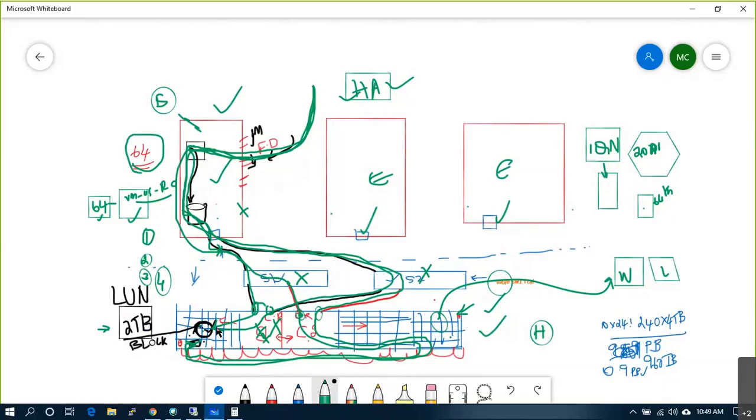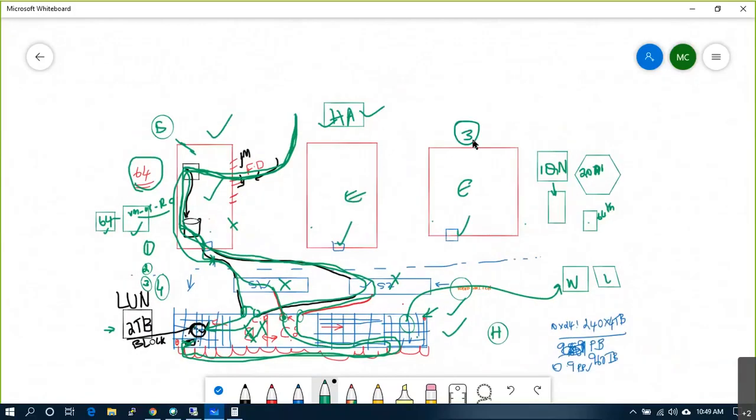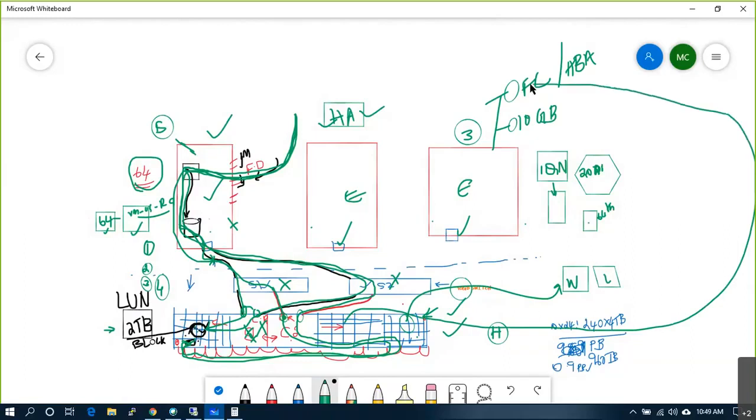If I'm using fiber channel, let's say host 3 is there, having an iSCSI adapter, a 10 GB iSCSI adapter, and also fiber channel. So an FC adapter is also there. You call it an FC adapter or HBA adapter, host bus adapter. From here, you need to have different cabling for fiber channel.